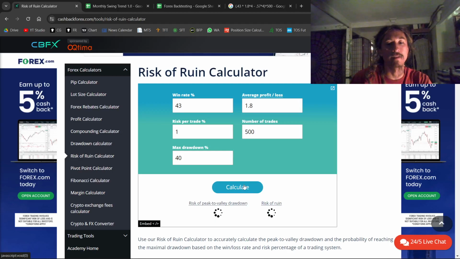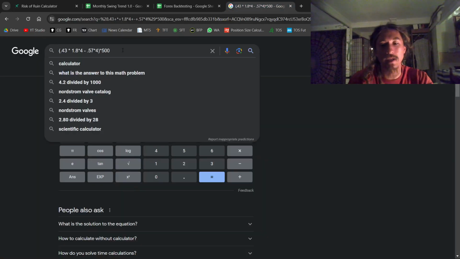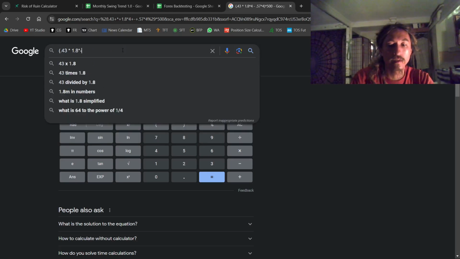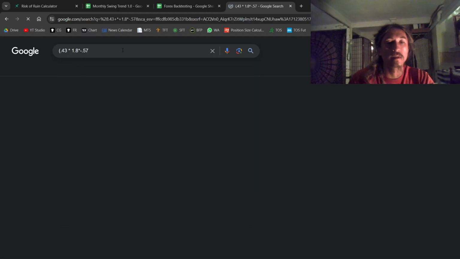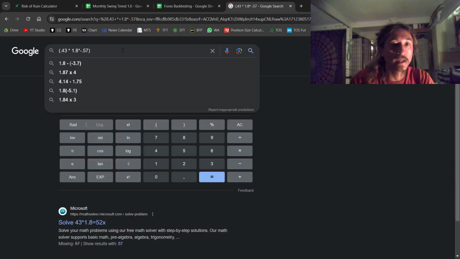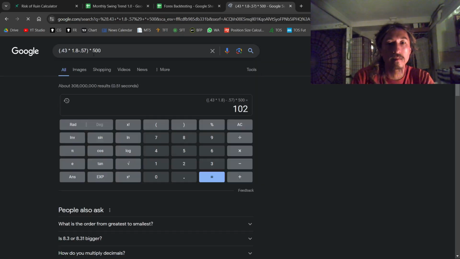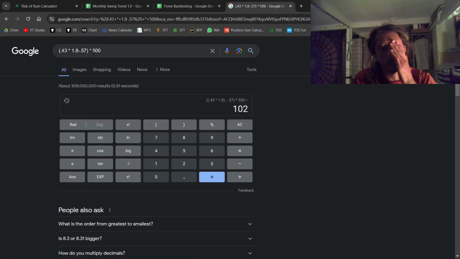Okay. So this gives you an idea of how I could risk 1% and there's almost no chance of having any kind of real drawdown. But the problem is, what would I make in a year? Still 100%, pretty good. So I'm on track to make 100% in a year, risking less than 1%.